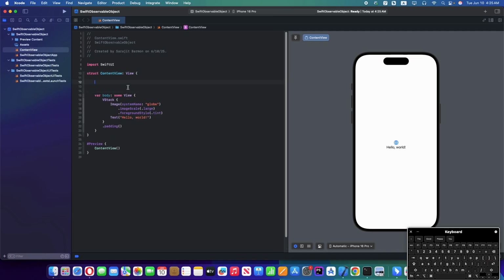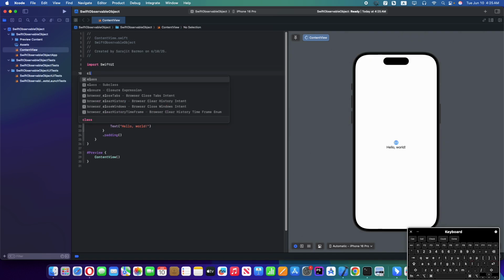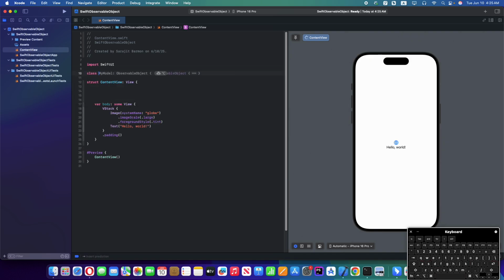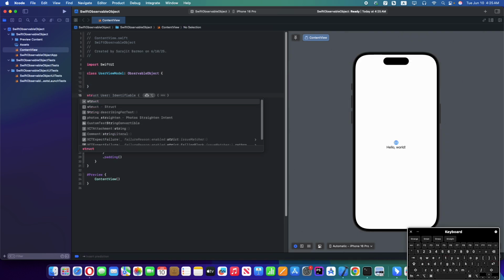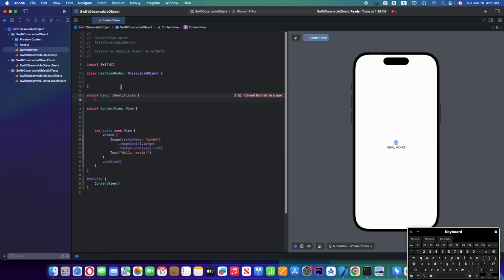Previously we were using it like this, for example, ObservableObject. Okay, so let's create a class right now. For example, UserViewModel. And okay, so let's create another struct, UserIdentifiable,